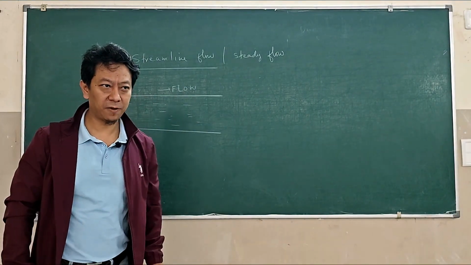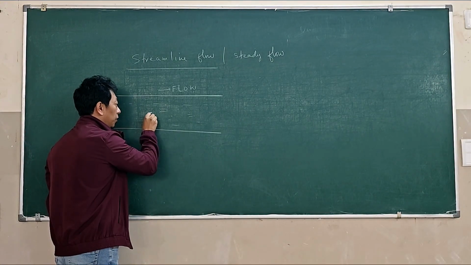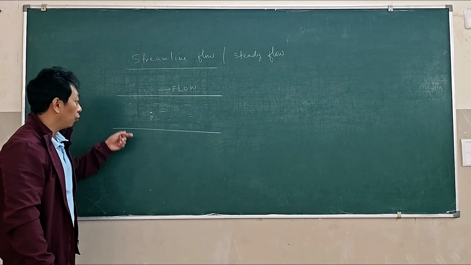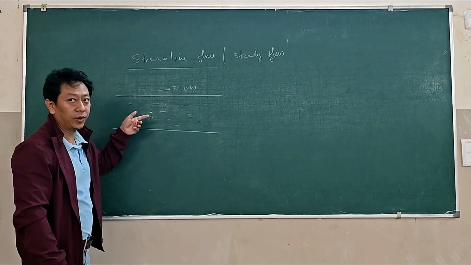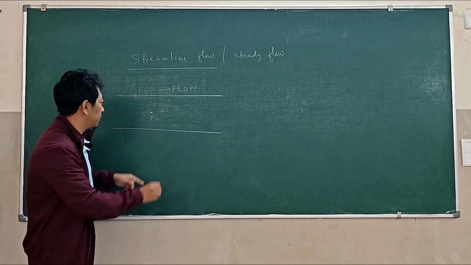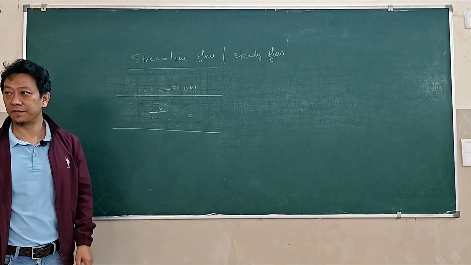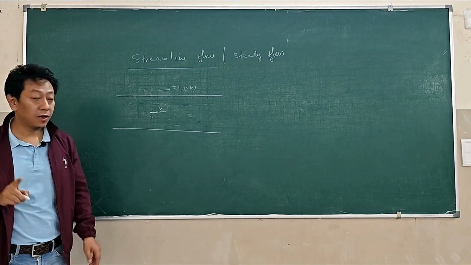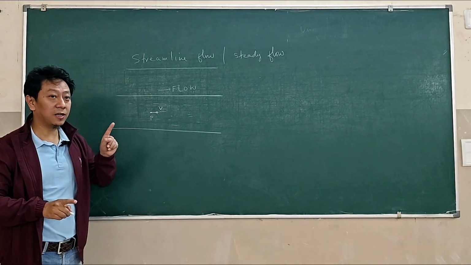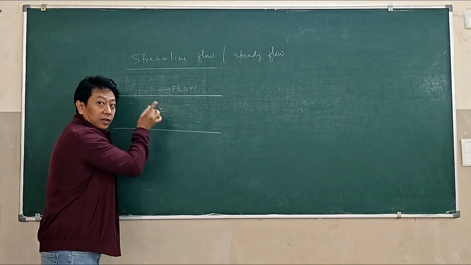Now take any point in this fluid. Whenever a particle of the fluid passes through this point, let's say its velocity is v, then all the particles passing through this point should also have velocity v, then it is